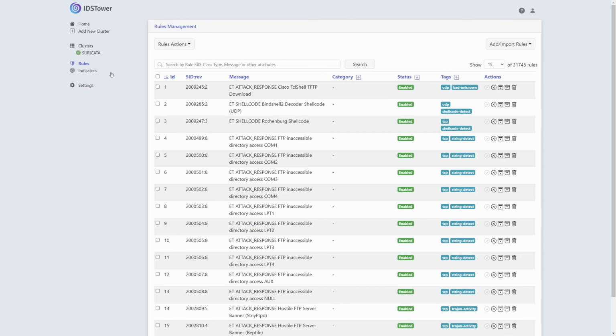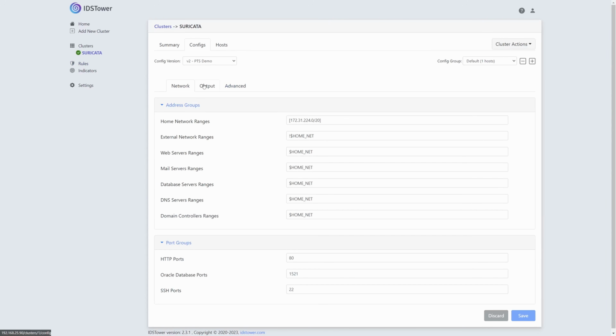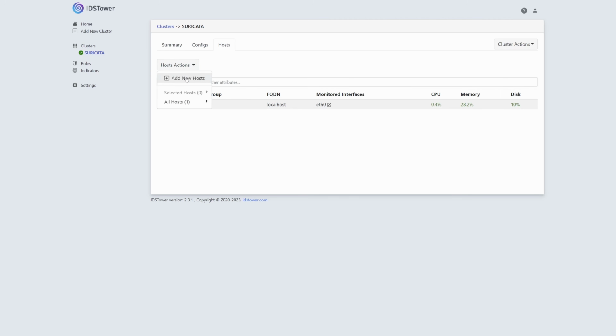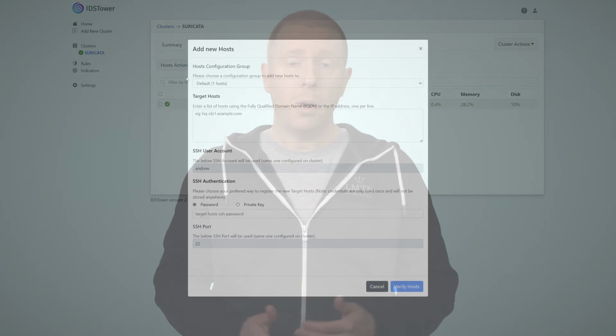As for IDS Tower, I skipped over it simply because it doesn't visualize the output of Suricata, which was the entire point of this video. It is, however, a nice way to set up Suricata and manage its configuration through a web interface, so if you have an aversion to the command line, you may appreciate it. Personally, I think you should learn how to deploy Suricata the way I showed you in the last video, because if you don't understand the components, then they won't mean very much to you in the web interface either.